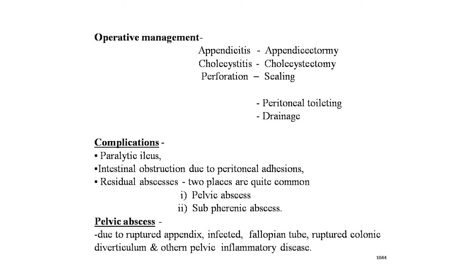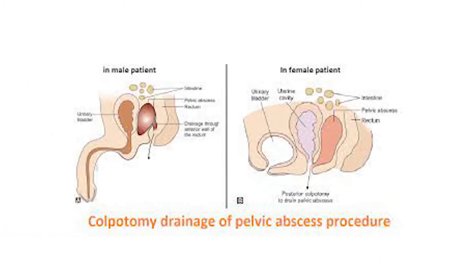Two places are quite common: pelvic abscess and subphrenic abscess. First, pelvic abscess, due to rupture of the appendix, infected fallopian tube, ruptured colonic diverticulum and other pelvic inflammatory diseases. Dear students, you can see the image on your screen, that is the colpotomy drainage of pelvic abscess procedure